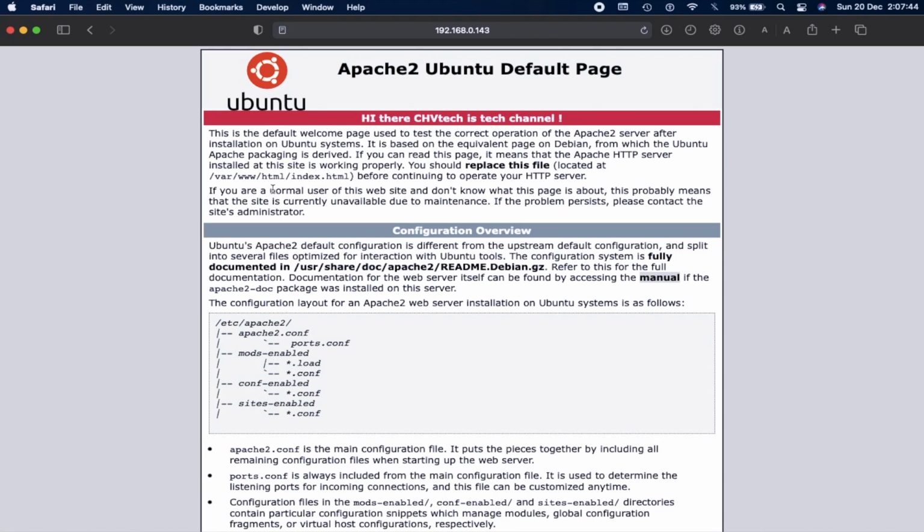on the Ubuntu server. But you can only see this page on those devices which are connected to the same network, because it is a private IP address, so the public can't access this. To make it accessible to everyone, you need to do port forwarding on your router, and you can use this server as a web server or FTP server or mail server. So that's how you can install Ubuntu server on your VirtualBox machine.